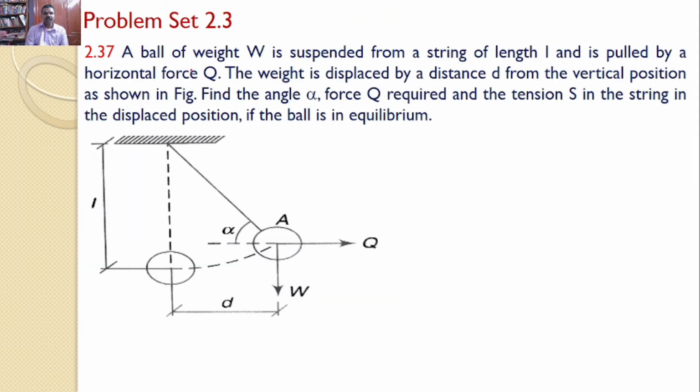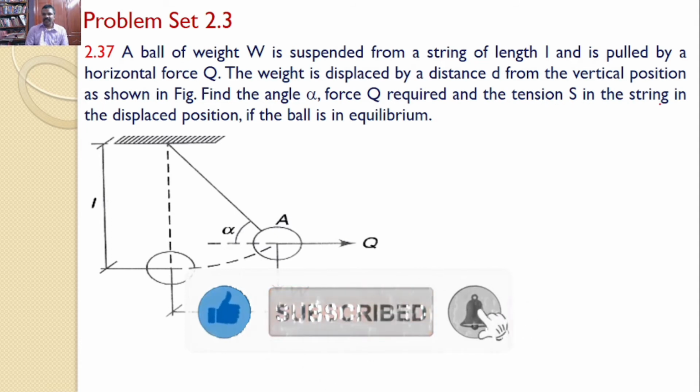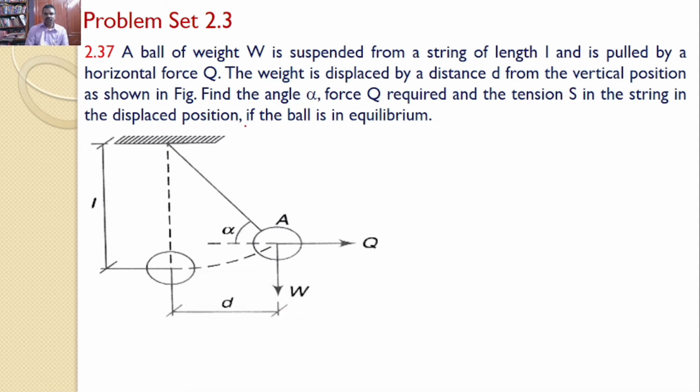In this tutorial, we will discuss problem set 2.3, problem number 2.37. A ball of weight W is suspended from a string of length L and is pulled by a horizontal force Q. The weight is displaced by a distance d from the vertical position as shown in the figure. Find the angle alpha, force Q required and the tension S in the string in the displaced position if the